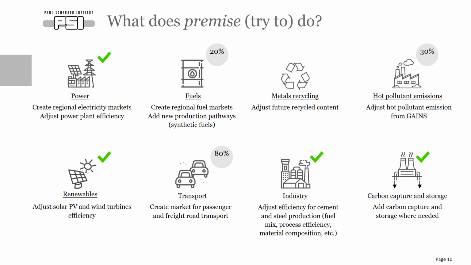And finally, Premise will soon implement another module that will create new fuel markets for all the activities that consume liquid fuel and gaseous fuels for all the regions of the IAM model, and for which we will have the respective shares of traditional fuel, biofuel, and synthetic fuel. And of course, these new fuel markets will link back to the transport sector. It will link back to basically anything that consumes fuel.